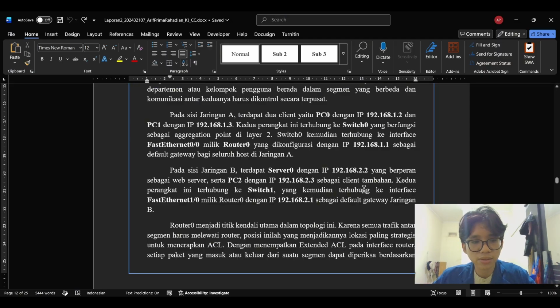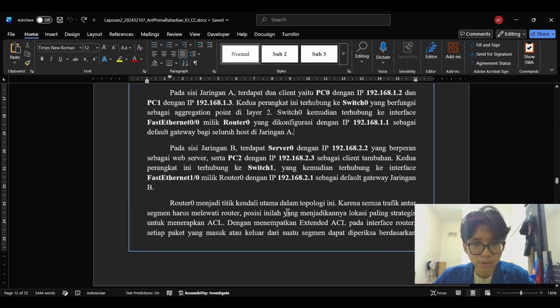Both devices connect through Switch 1, which links to the router's FastEthernet 1/0 interface, configured with the IP address 192.168.2.1 as the default gateway for Network B.